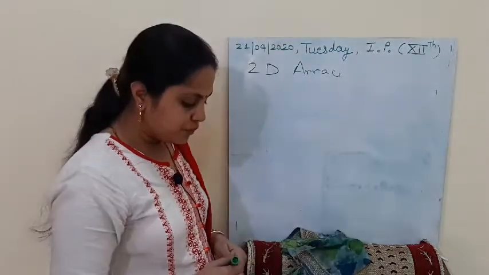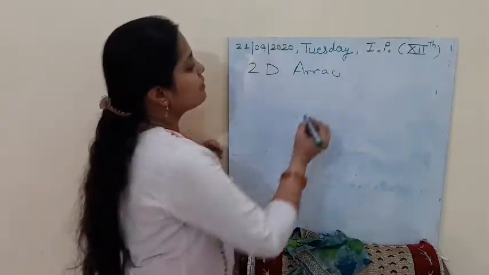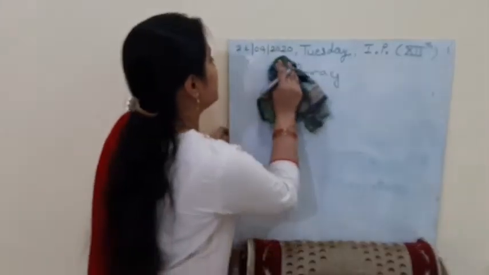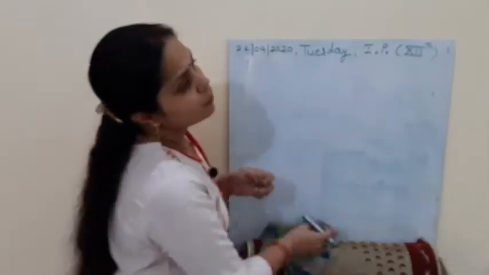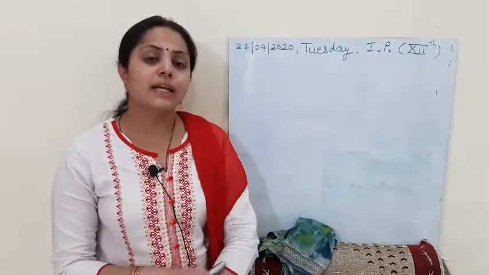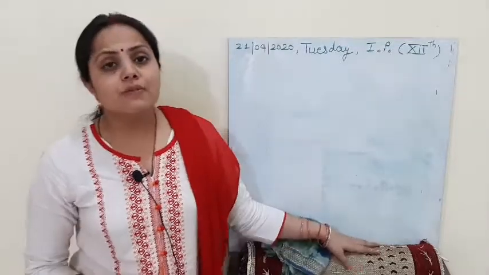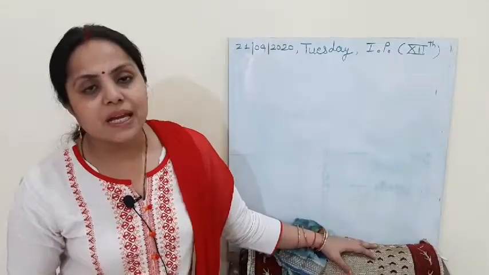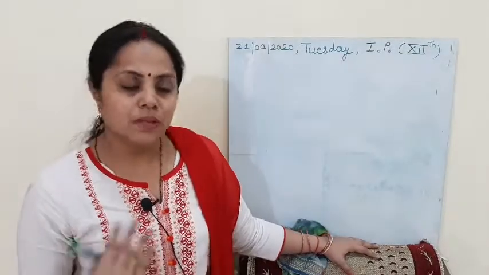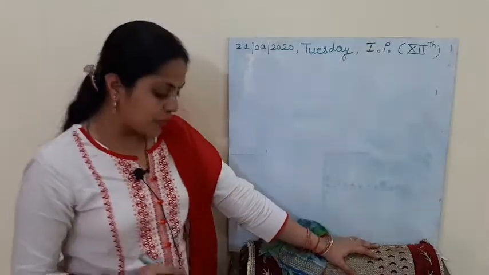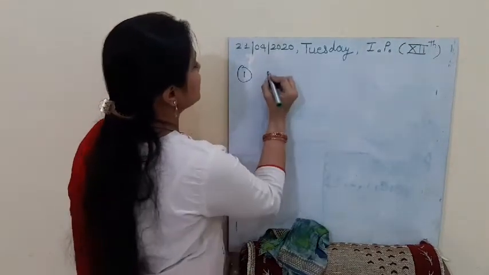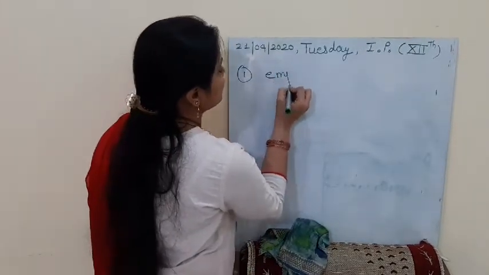So to remove this, first thing is that if I want to create an empty array, maybe I am using Python for some data storage purpose, the purpose of storing data or taking it from the user. So what will I do? I will create an empty array, and that will be used for storing values afterwards. So how do we do that? For doing that, first we will be using the empty function.